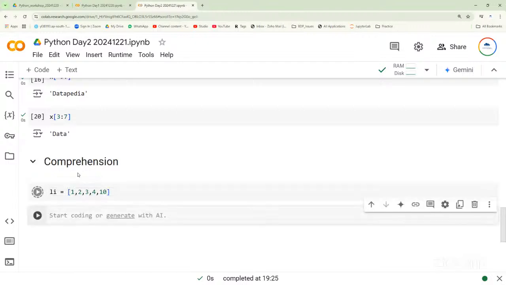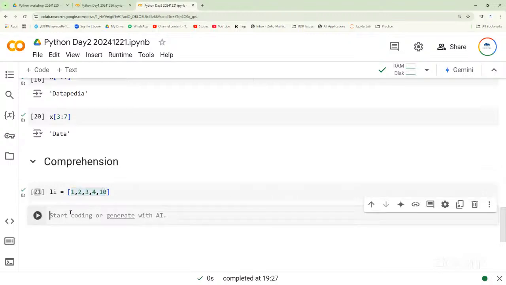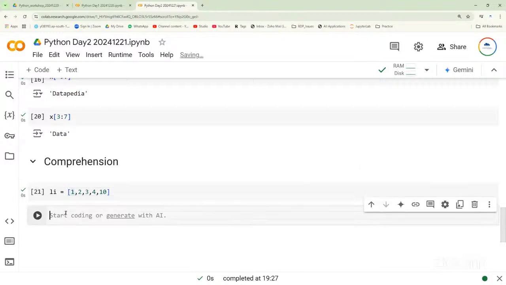Example, I just provided this value. This value I want to iterate at runtime. So maybe I'll iterate with multiplication by 5. Each element I want to multiply with 5 and load the data again. So how can I do that? There's a common reference, again Li. Before doing that, Li1 equal to